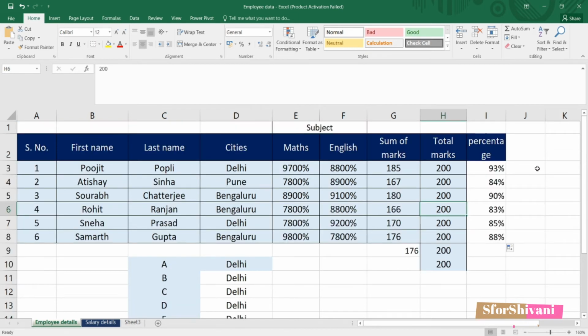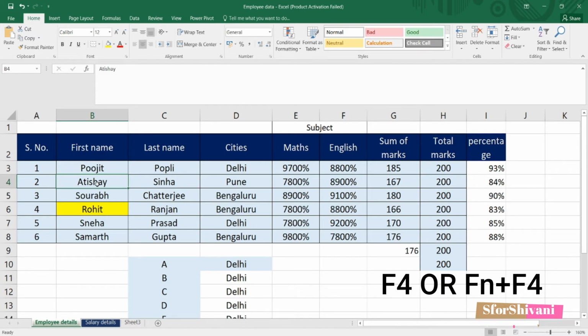Now let's say I have to mark the names of students who have scored low marks. So here it's 84 and 83. So let's say I want to mark Rohit as yellow, and I want to repeat the same action for Atishay. So instead of again going to the paint and finding the color, what I can do is select the cell and press the F4 key.